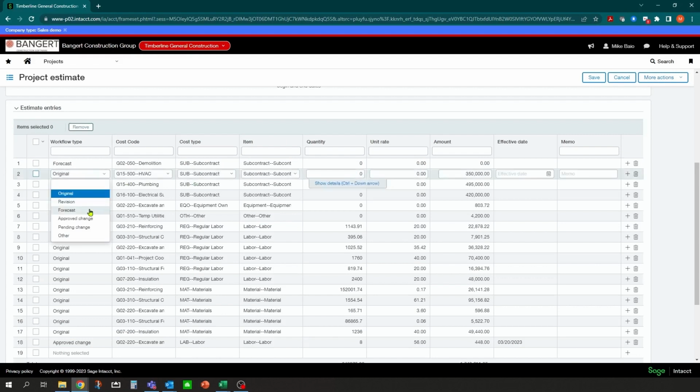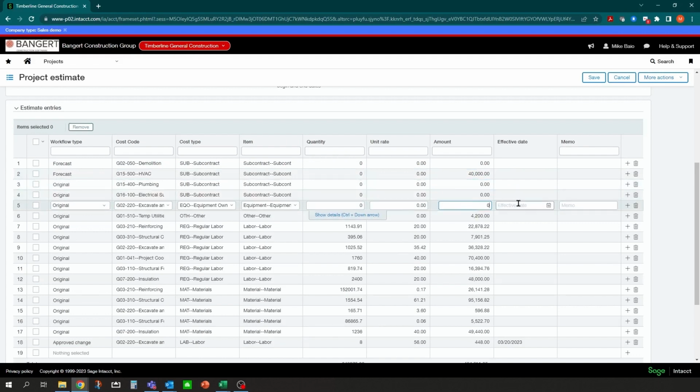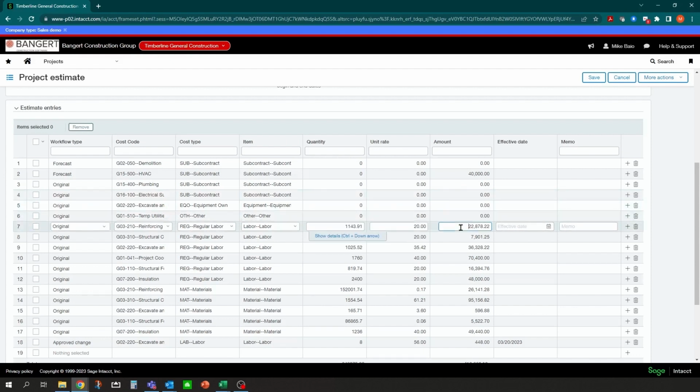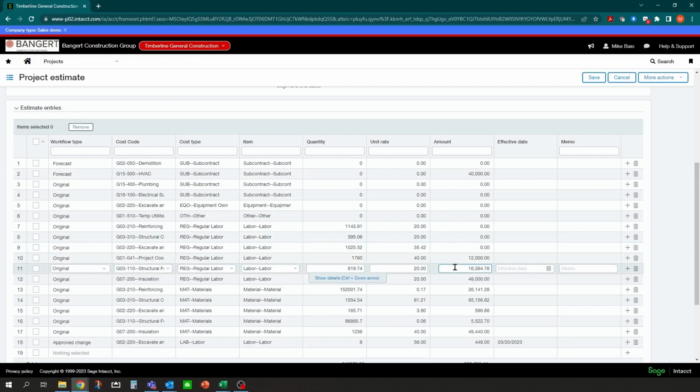We can come here and say we have forecast for the HVAC subcontract that we're going to do. This is forecast to complete, so we're going to do another. We've got another 40,000 to do for them, and you can come down into here and either fill these out and zero them out, or you can fill out what's left to do in these. It depends on how you want to enter it. So let's just zero these out here, and we'll say we've got about 12,000 here for project coordination.